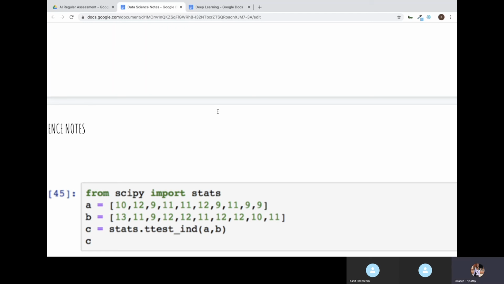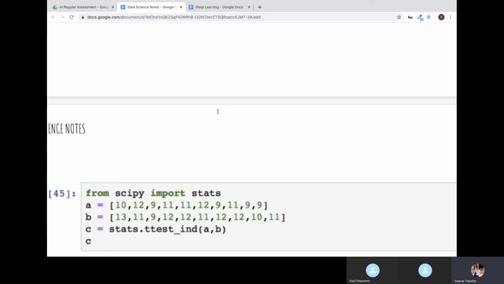You should write down the null hypothesis before doing the test. Without knowing the null hypothesis, there is no meaning in doing the test. Here we are going to check if the null hypothesis is true or not. So always write down the null hypothesis. The null hypothesis tells that there is no significant difference between the data sets. That's what the null hypothesis says.